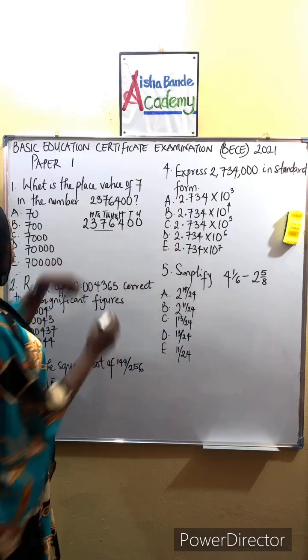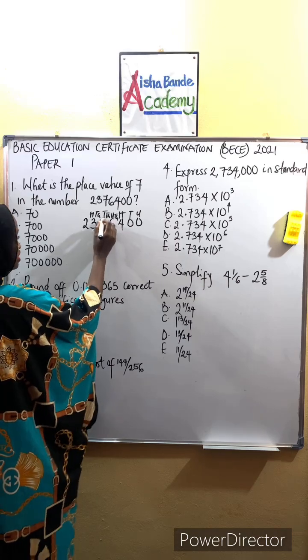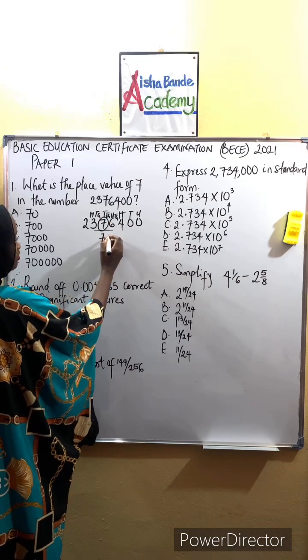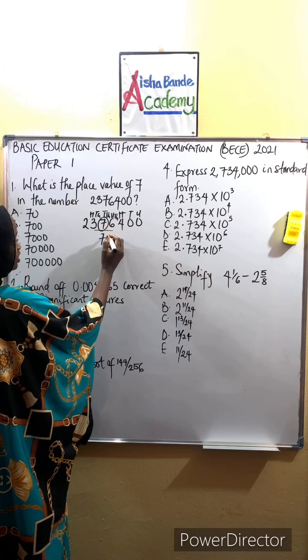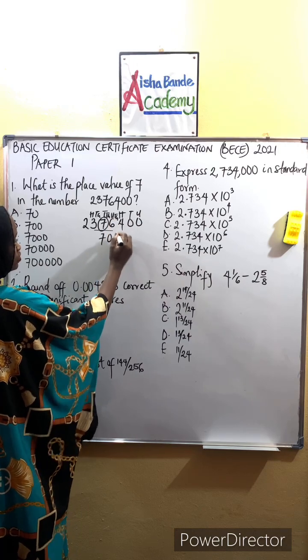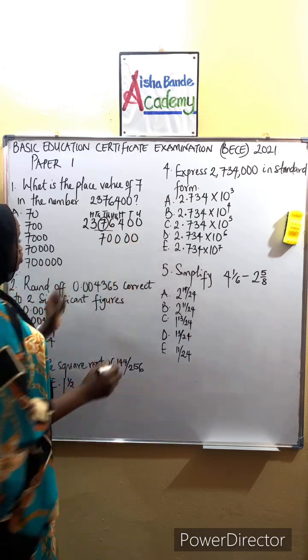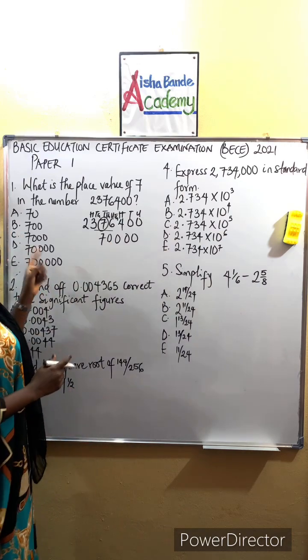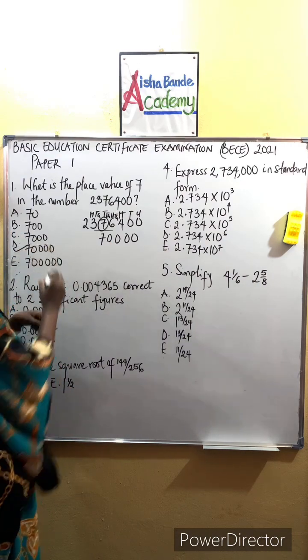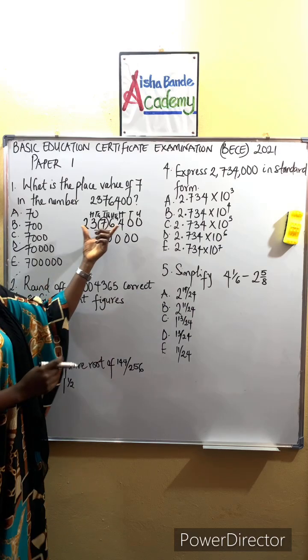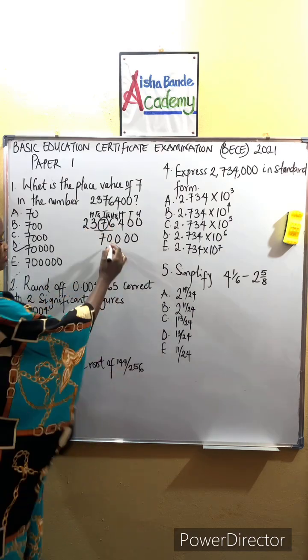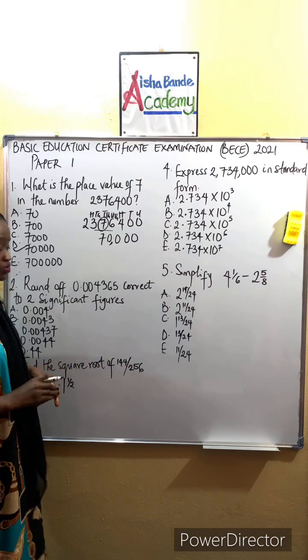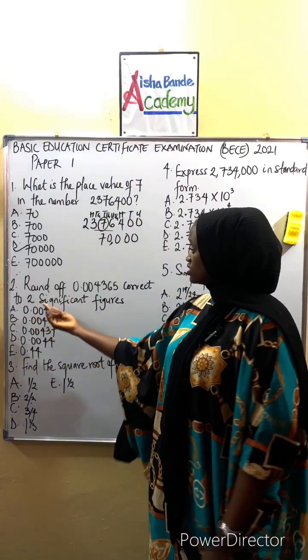So we are asked to find the place value of this number 7 here. So this 7 is in the tens of thousand, and this is going to be 70000. So looking at the options, the correct answer is option D. So the place value of 7 here is 70,000. Okay, so moving on to question 2, it says round up